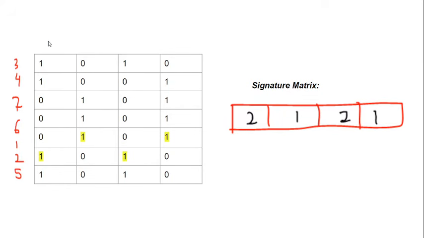However, we'll go ahead and check the 3 as well, just to make sure you understand the concept. You can see that S1 and S3 again are updatable, but with the number 3. The idea is that we never update a value that's currently in the signature matrix with a larger value. We always update it with the smaller one, right? So technically we can't replace this and this with the 3 because 2 is smaller than 3. And again, we'll keep seeing it for 4, 5, 6, and 7, and you'll see that none of the values are going to be updated, and this will remain as our final signature matrix.